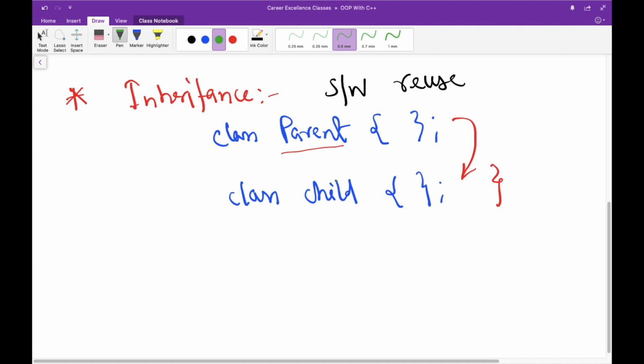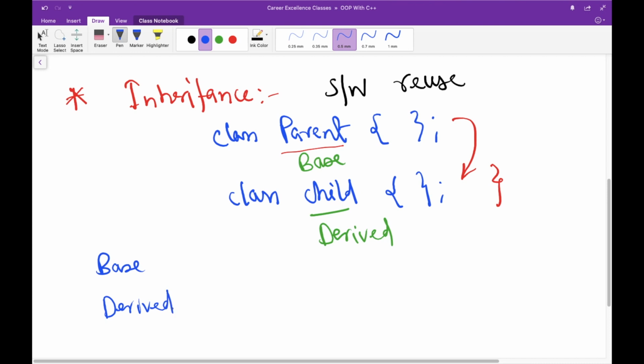Okay, so now moving ahead. The class that inherits is called a derived class, and the class whose members or functions are being inherited is called a base class, right? So now we have two more concepts here: one is base class and another is derived class. These classes are known by some other names also, so you don't need to get confused by that.